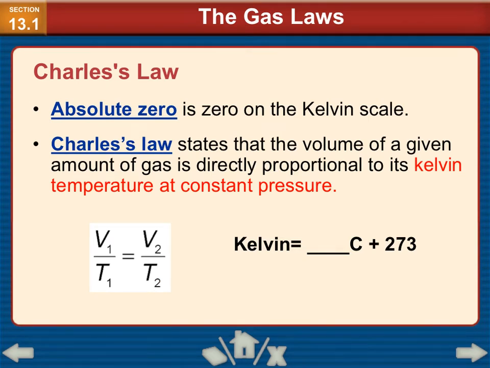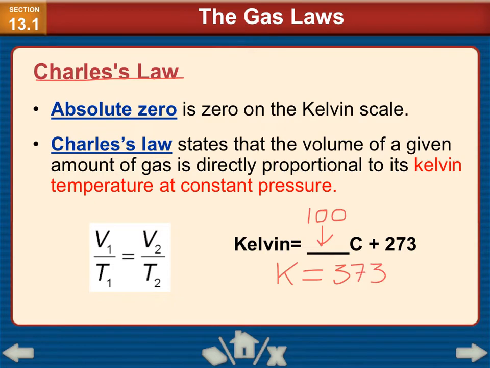This is the second gas law, called Charles's law. It deals with temperature on the Kelvin scale. Absolute zero is 0 on the Kelvin scale. Charles's law states that the volume of a given amount of gas is directly proportional to its Kelvin temperature at constant pressure. Therefore, if we have the Celsius temperature, let's say it's 100, we will simply add 273 to make the Kelvin temperature equal to